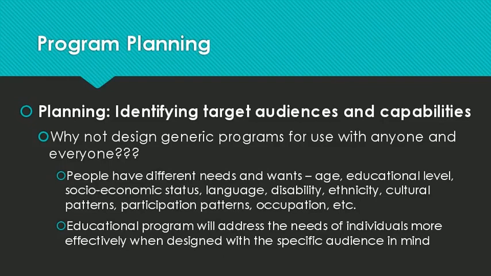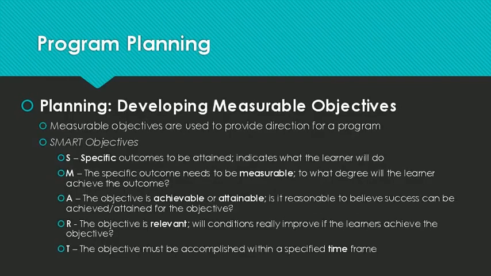Educational programs will address the needs of individuals more effectively when they're designed with the specific audience in mind. So the next phase is developing measurable objectives. Measurable objectives are used to provide direction for a program. And I'm sure you guys have heard about writing SMART objectives. And I'm sure by this point you've probably written SMART goals, you've written SMART objectives. And so looking specifically at each of the letters and what they stand for,